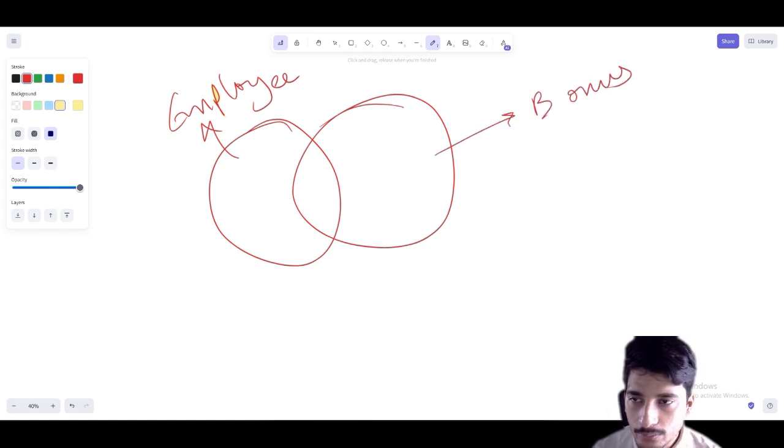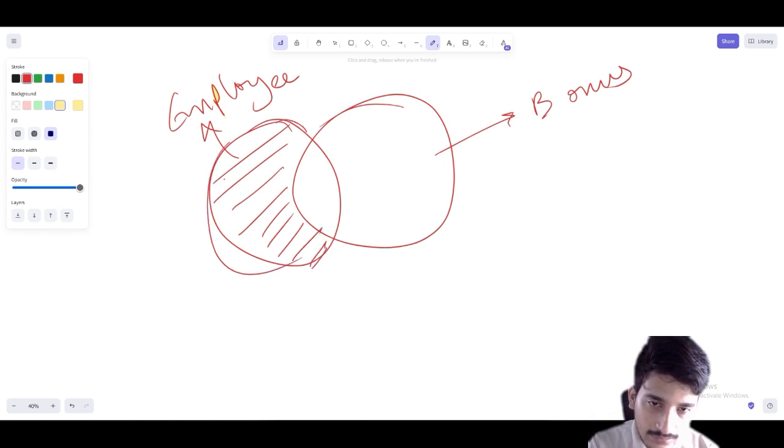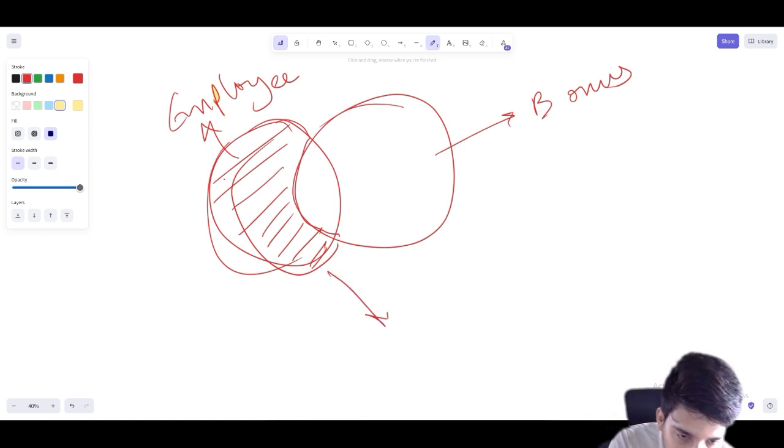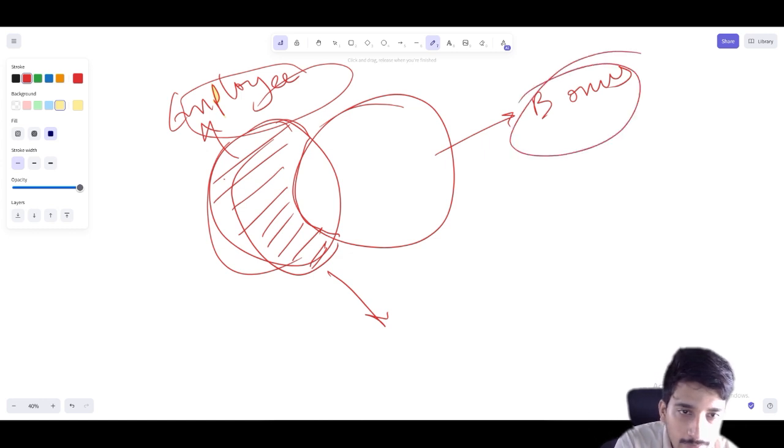So what we need to do here is basic. We need to get the employee name and their bonuses, and we need to check also that we need to return this. So basically, employees is table 1 and bonus is our table 2. This is a